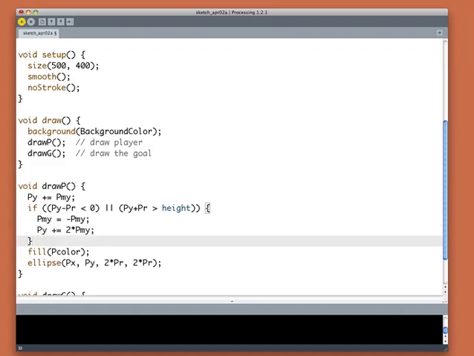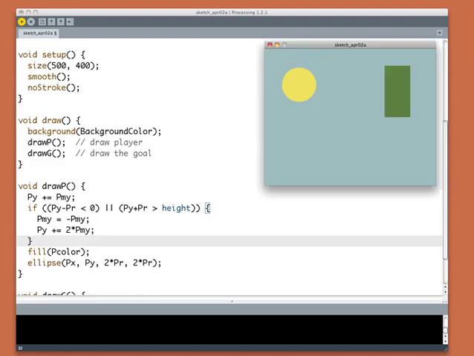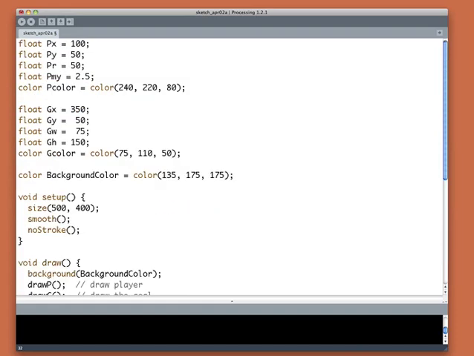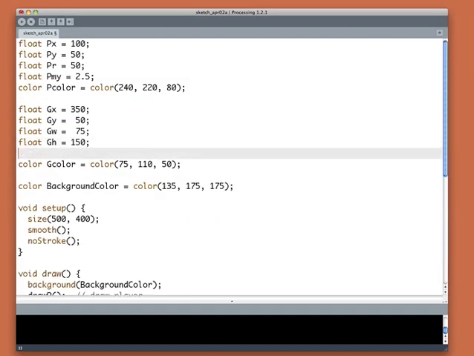Great. Now if I run this, my little circle should bounce off the top and bottom of the screen. And sure enough, it's doing just the right thing. Great. Let's do the same thing for the goal. Well, it's going to be the very same code, so I'll tell you what, I'm going to anticipate what I need. I'm going to create a